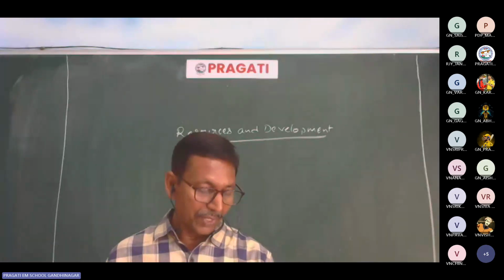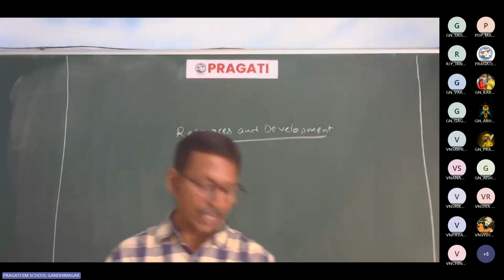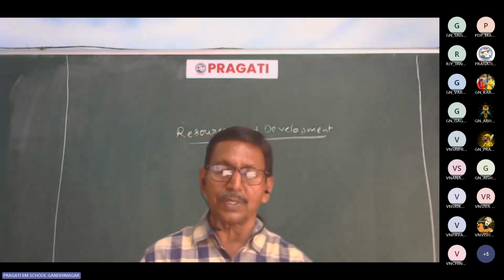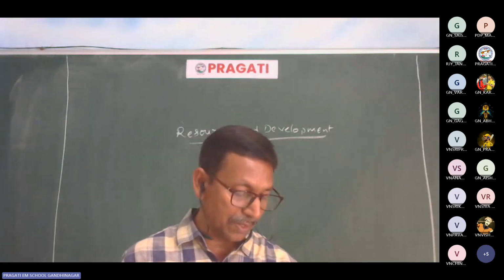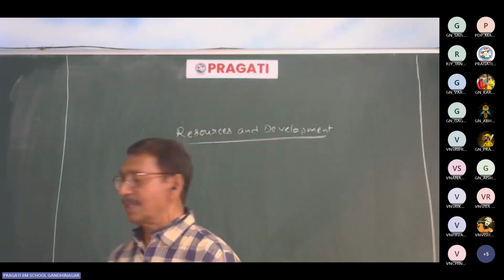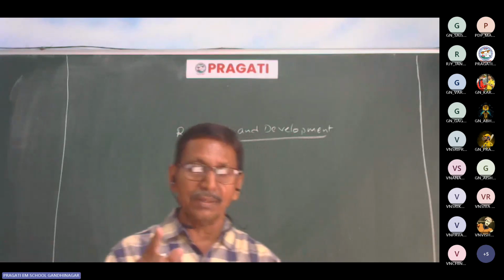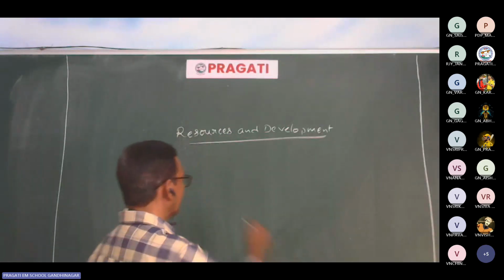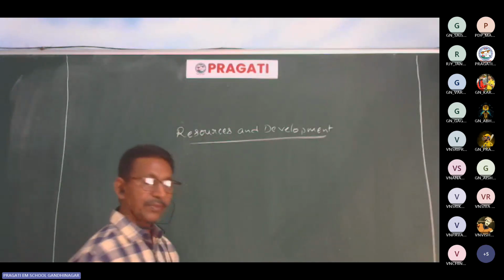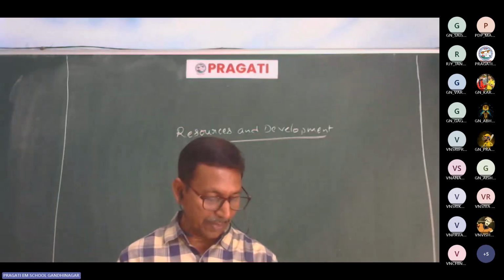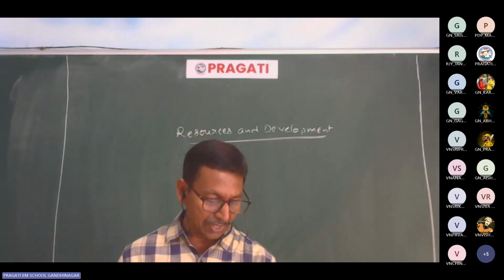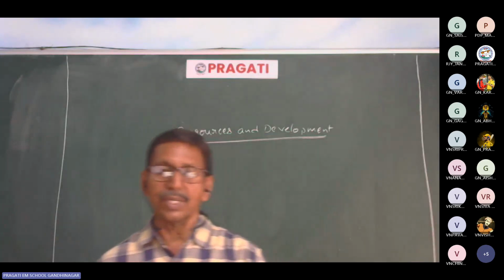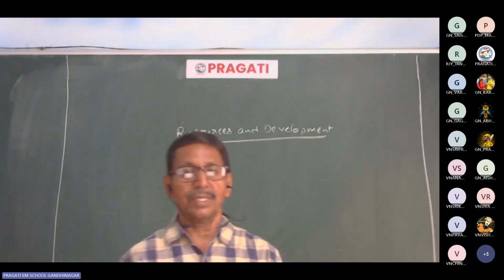Next, which report introduced the concept of sustainable development? That is especially the Brundtland Commission report in 1987. It mentioned sustainable development. That is the commission you have to keep in mind. That is called the Brundtland Commission report in 1987. Okay, that you have to keep in mind. What is Agenda 21, also see once? Agenda 21 is a plan of action to achieve sustainable development.